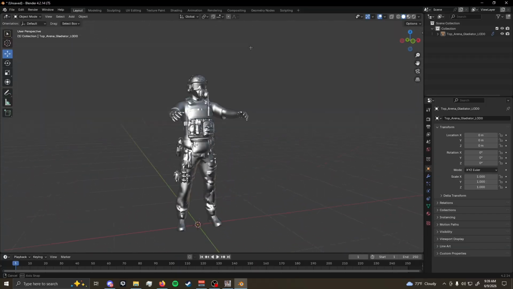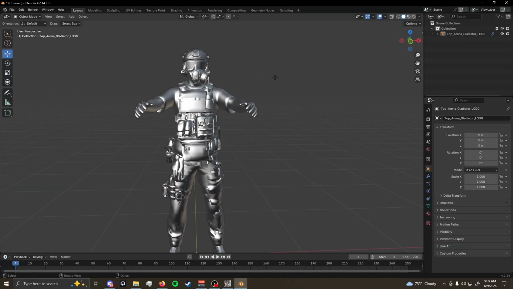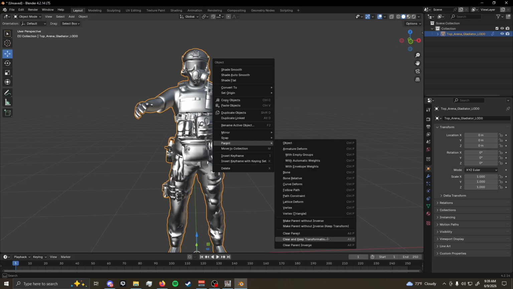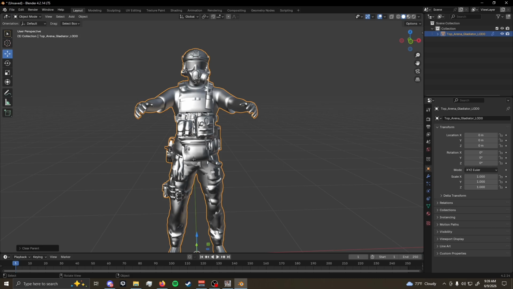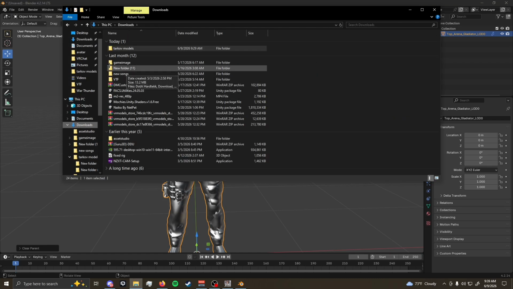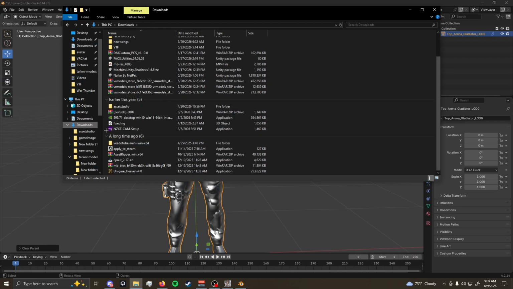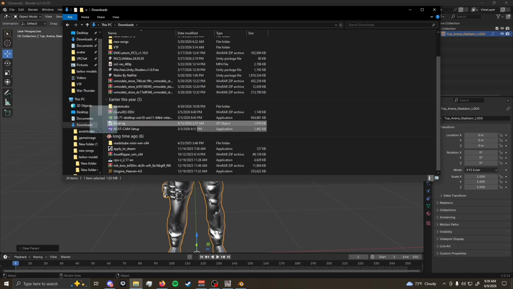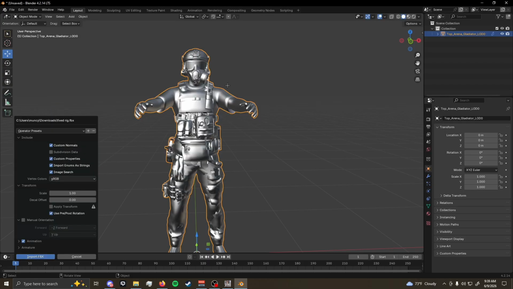Alright. Now, you want to click on them. Then, right click. Parent. Clear and keep transformation. Do that. All that's gone. Now, with the rig I gave in the chat. It's my fixed rig. Ah, there it is. Now, with the fixed rig,